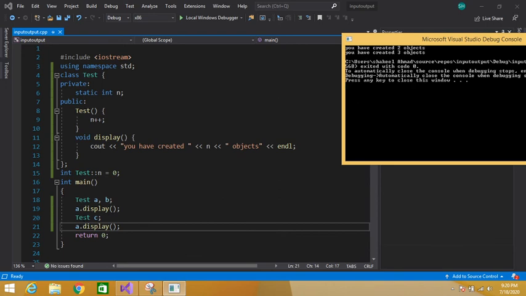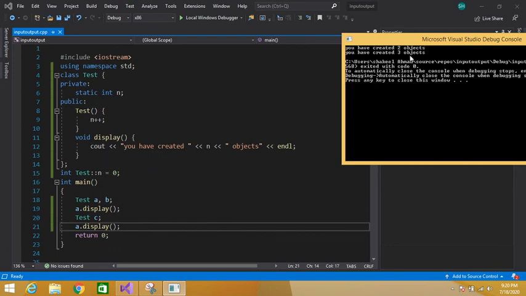Then again I have created another object. So once again the test constructor will be automatically executed, and the value of n will become 2 plus 1, 3. Then again I have called this display function, A dot display. So the control will jump here and print, you have created n, which contains three objects.